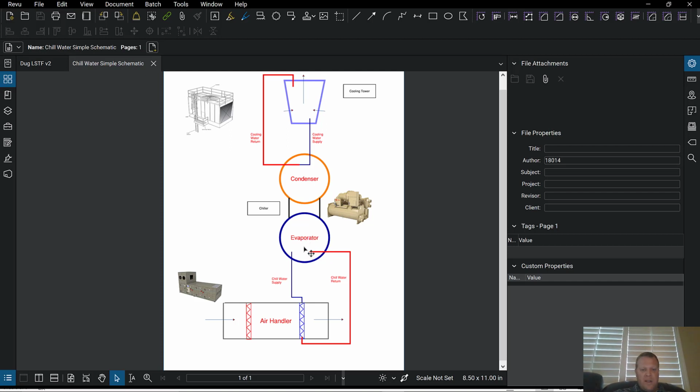The evaporator side creates chill water. This is the refrigeration cycle again. I'm not showing that whole cycle of refrigeration, but that's the whole refrigeration cycle going on here. We've got the evaporator section over here, and that's where the high pressure refrigerant is turning into, allowing it to go to a low pressure refrigerant. So it's high pressure liquid refrigerant turning into low pressure gas refrigerant, which is going to do that phase change